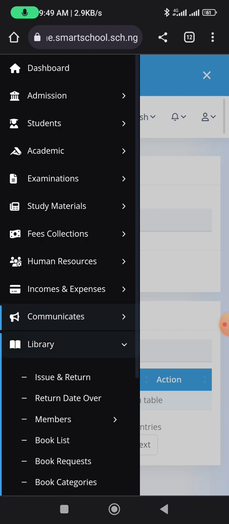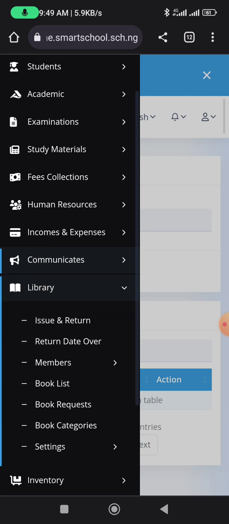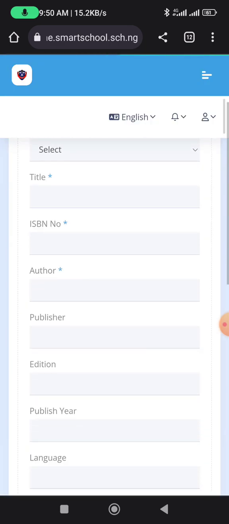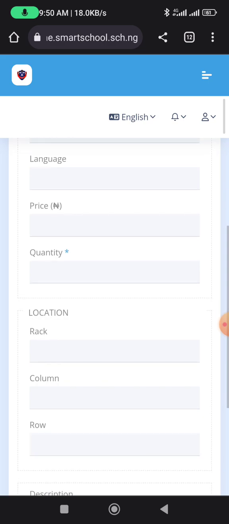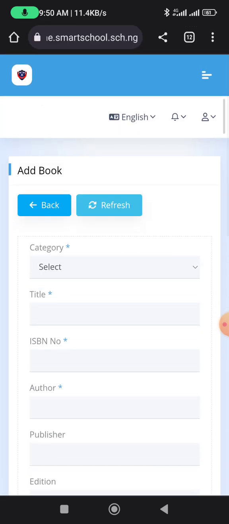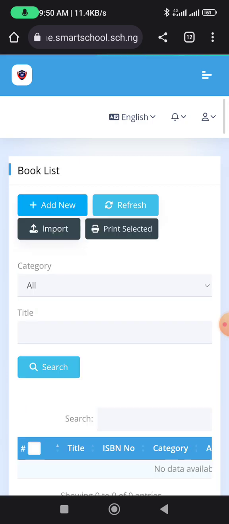You have library, issue return. You can also add book. Click on add book, click on this. You upload the details, if they have price, how many you have, and so on. Go back, let me check